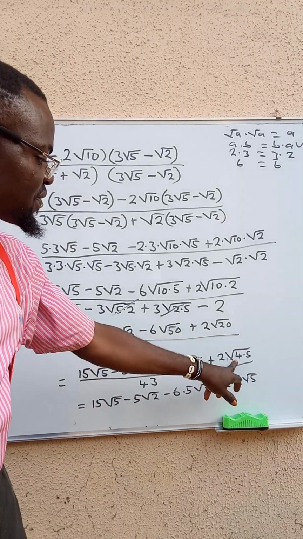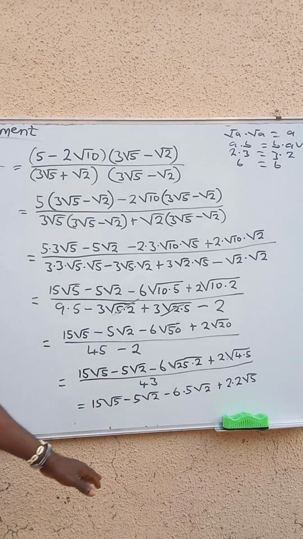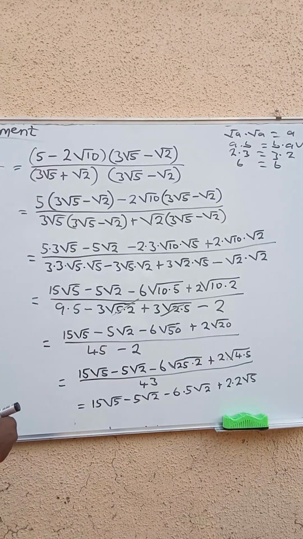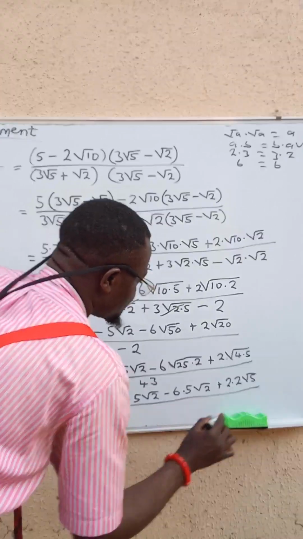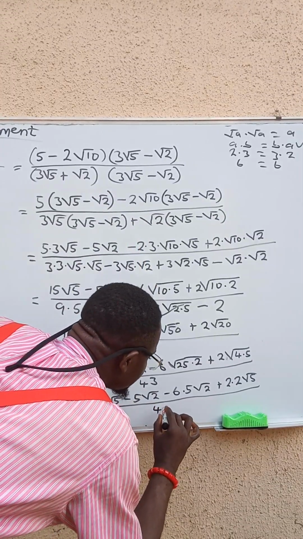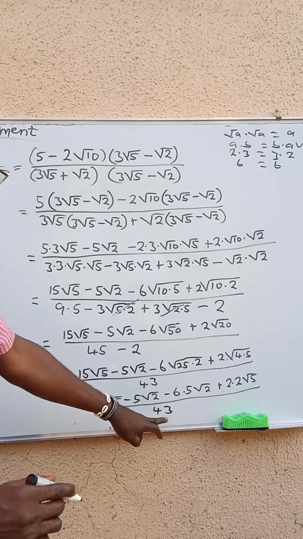Because the square root of 4 is 2. The square root of 25 is 5. So I've already done it straight. So if you look at it very well, this will now give me over what? 43. Right? Now, since I've solved this,